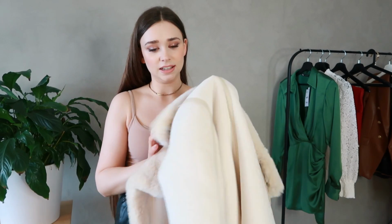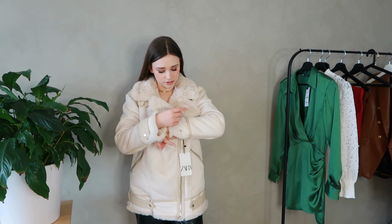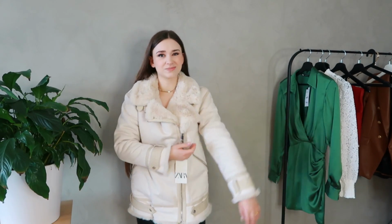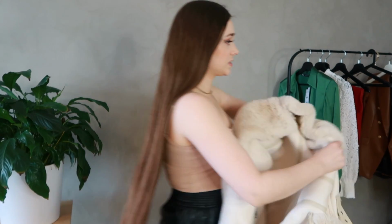I mean, it's 100% polyester, so I feel like the pricing is a little bit rich. I definitely have to return this one though, and I don't know if it's going to be too big if I actually get the size. I would be more than one size up here, so I don't know, it's probably a miss. Let me know what you think. I'll show you the last two,